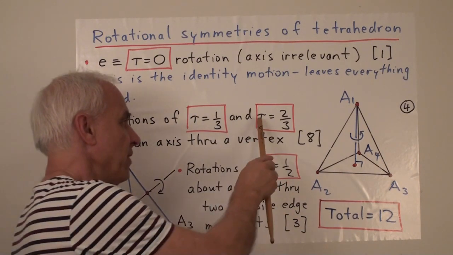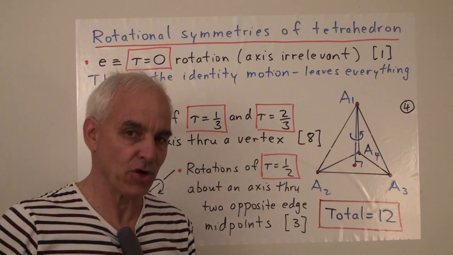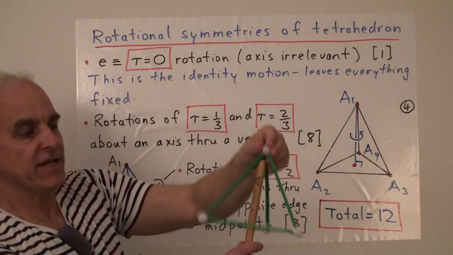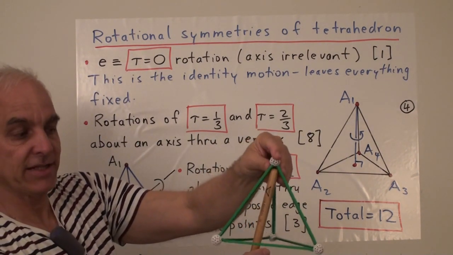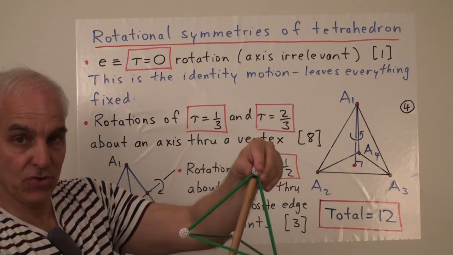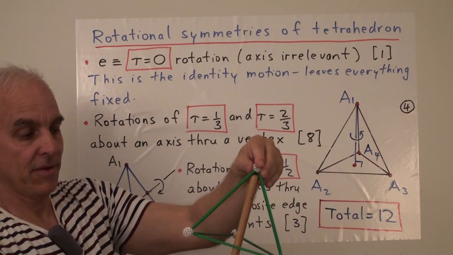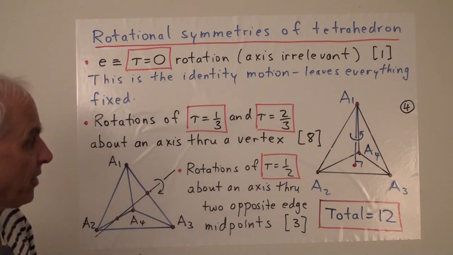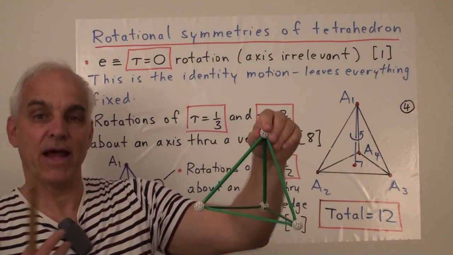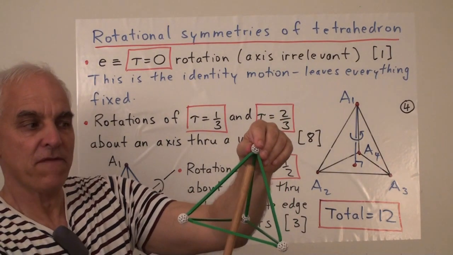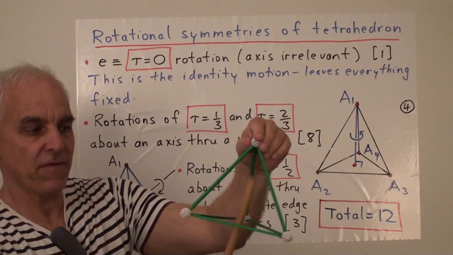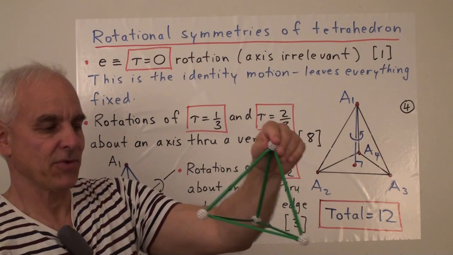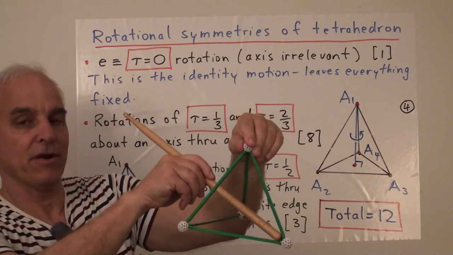So a rotation of 2/3 of a turn is the same as a rotation of -1/3. So given one of these axes through a vertex and the opposite face, there are then 2 rotations that have that as the axis. So altogether, how many different rotations of that kind are there? Well, there are 4 possible axes, 1 for each of the 4 vertices. So for example, the axis through that point there will be this one here.